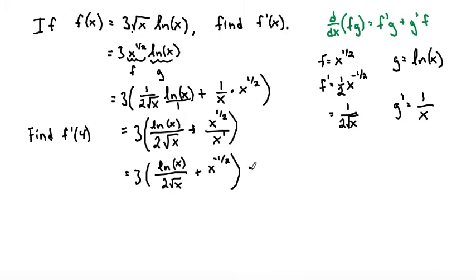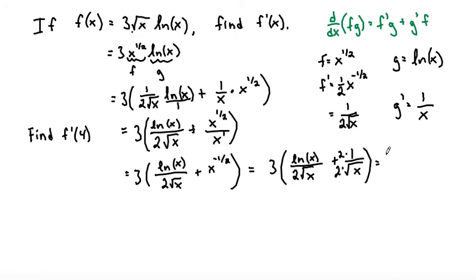So just to simplify that just a bit more, I'll again use my negative 1/2, put it in the denominator as the square root of x, and that makes 3 times ln of x over 2 root x plus 1 over root x. We generally don't want to leave radicals in the denominator. Also, if we can add these two fractions together, it would be a bit more simple. So this denominator is 2 root x, so if we multiply top and bottom by 2 here,